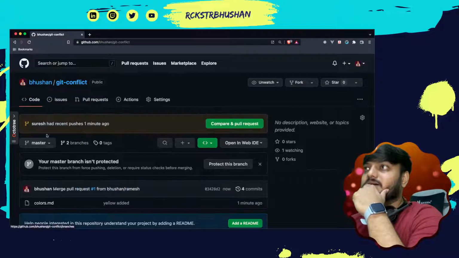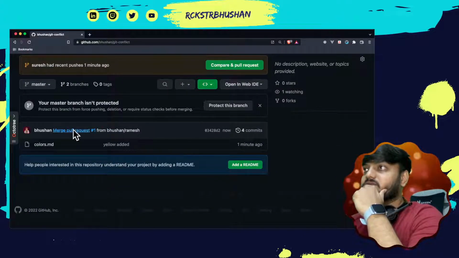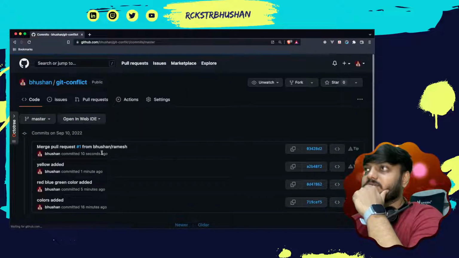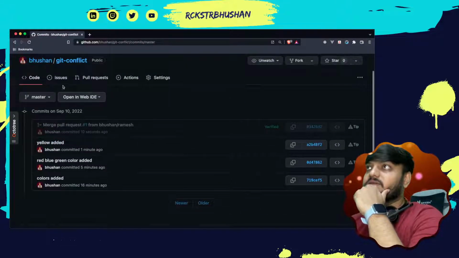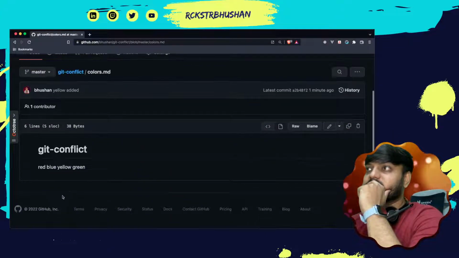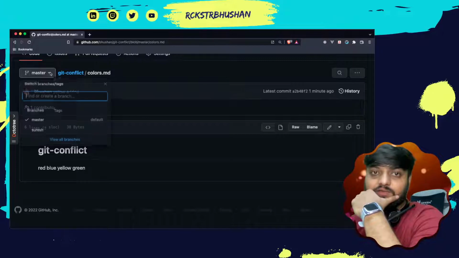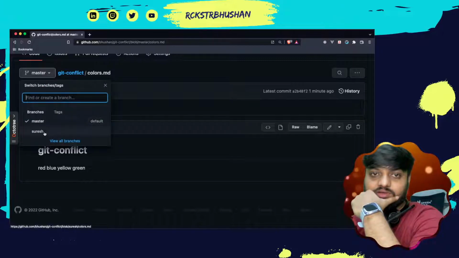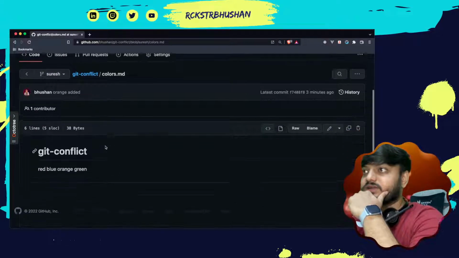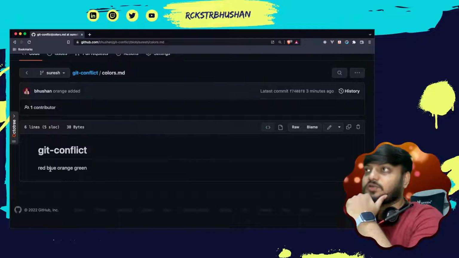Now if you go to the master branch, right here, you can see we have this extra commit, yellow added. If we go to the code, colors, we have this yellow again added, right? But if we go to the Suresh branch, right? Suresh branch has on the same exact line, it has orange, and I think it is showing in one line